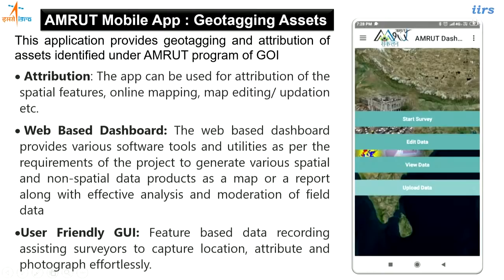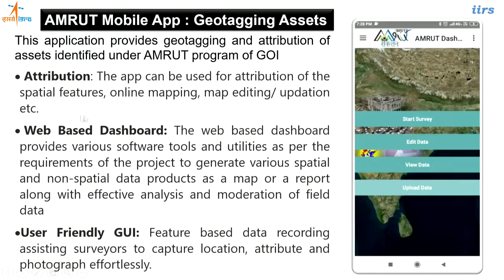So this application, a customized application, was developed for them, and it did not take much time. Within around 1 month, the complete application was developed and handed over to those people, and they can use it for these kind of applications. So the features are like attribution is there.